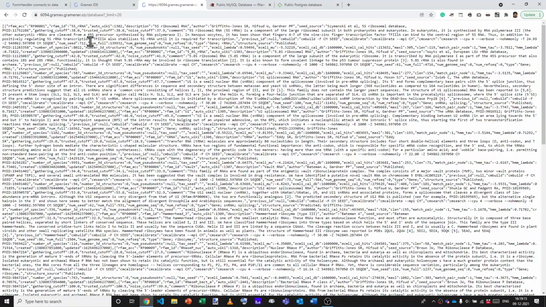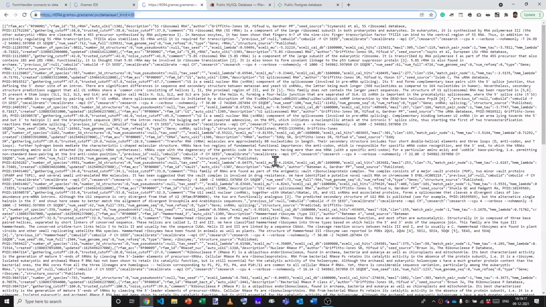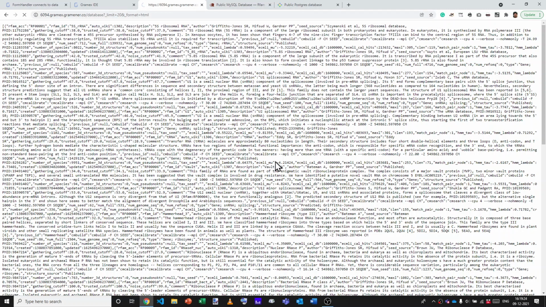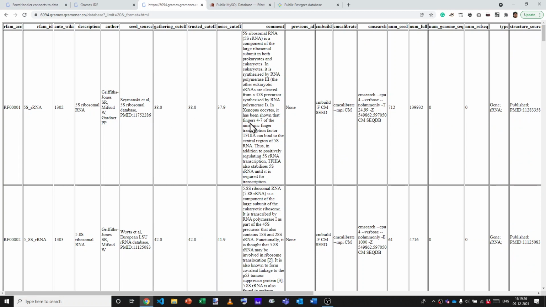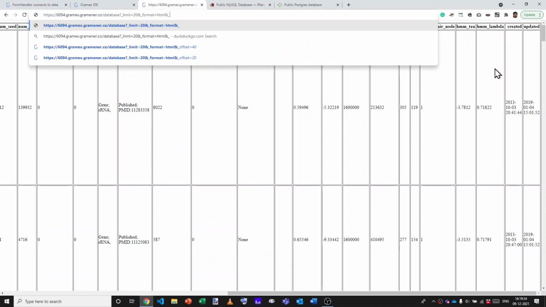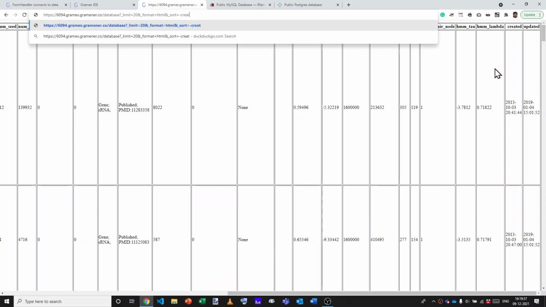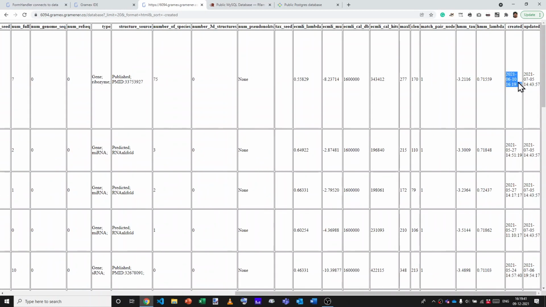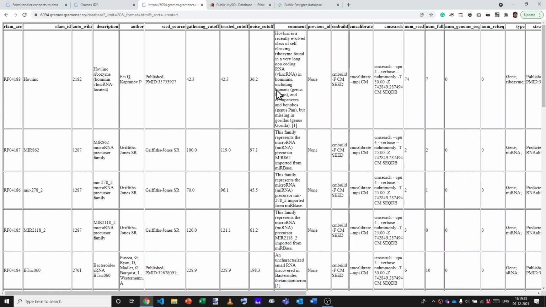And that gives us a result with the first 20 records. Let's format that as HTML. And we see details of each of these records. We can choose to then further sort it, saying I want the most recently created one. Let's say _sort equals -created, so that it shows the most recent record, which is 2021-06-10, and filter it the way we would look at any database.